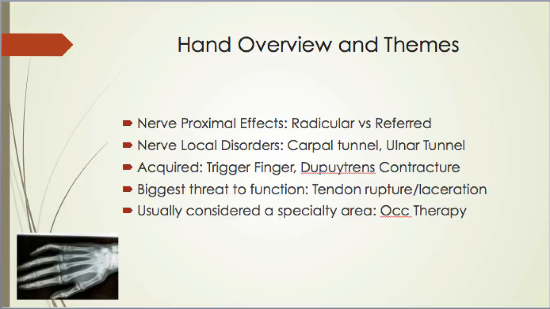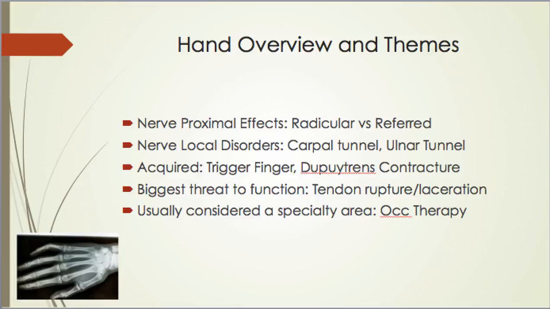Hand overview. There are proximal effects from a nerve standpoint that can be either radicular or referred. And we'll talk about those distinctions, which is important coming up. Nerve local disorders. Carpal tunnel is clearly the most common in the wrist and hand, which causes obviously carpal tunnel